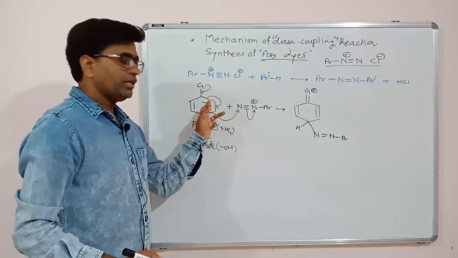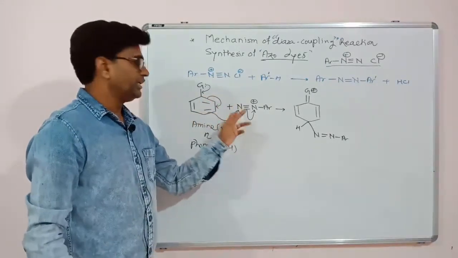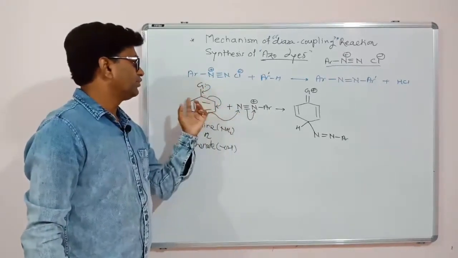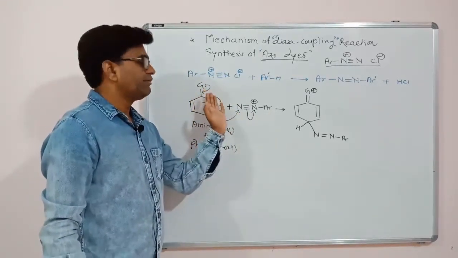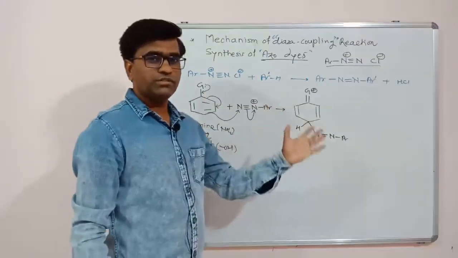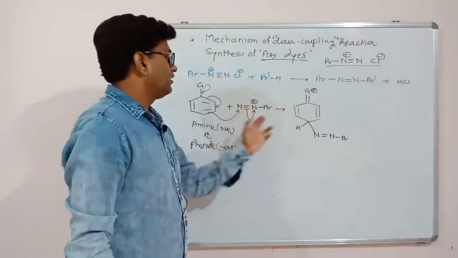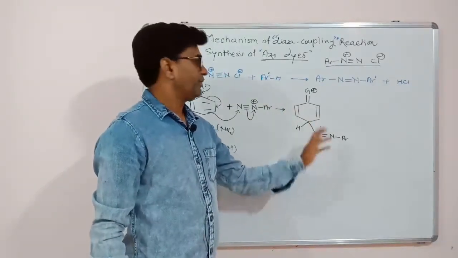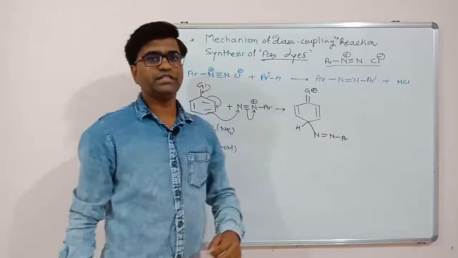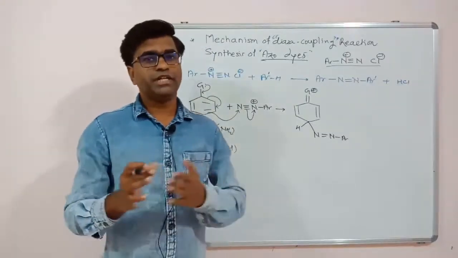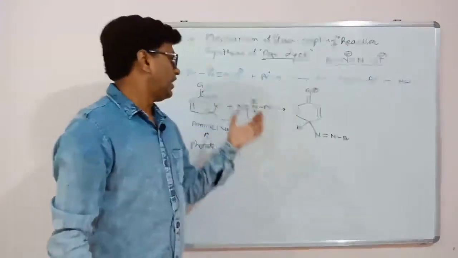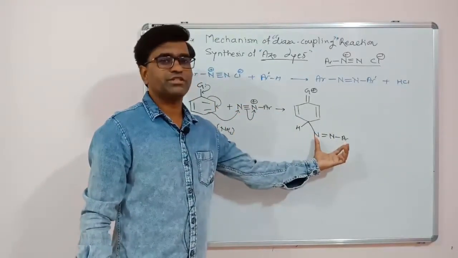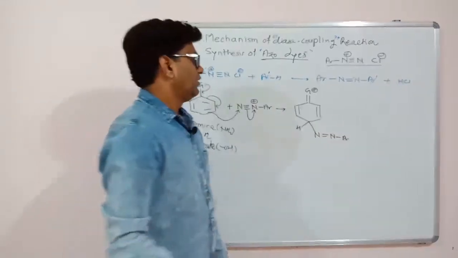This pi bond may also attack over here, but here there will be steric hindrance because this group is large. Here is also one group, here is also a benzene ring. So ortho substitution is most probably not possible because of steric hindrance. Para substitution is most probably observed. As this group is an activator, we know that there will be ortho and para substitution, but ortho substitution over here will be negligible because of the bulkier size of this electrophile.